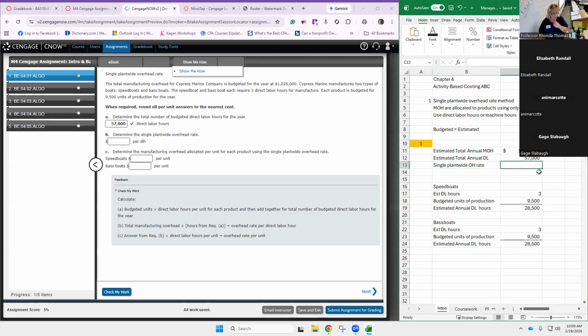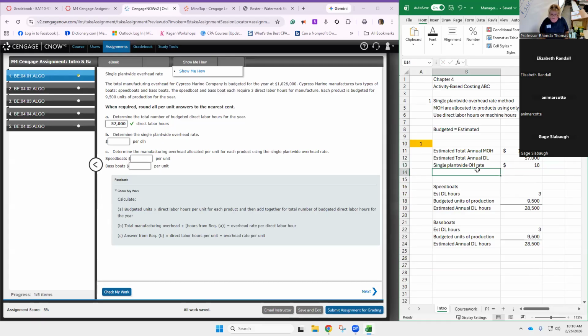How do you get a rate? A rate is usually calculated with a division problem. So we're going to take our total dollars and divide by the number of direct labor hours. We're going to get a dollar value. What have we just found? I like to restate what I find, because if I can't explain what I'm finding, then I must not know enough. So what this is saying is,